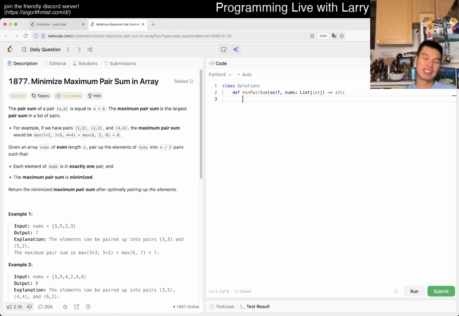But today, let's take a look at today's problem. Then we have 1877, Minimize Maximum Pair Sum in Array. The pair sum of (a, b) is equal to a plus b. The maximum pair sum is the largest pair sum in the list of pairs. For example, if we have pairs (1, 2), (2, 2), okay. It seems straightforward. Given an array of numbers of even length, pair up the elements such that